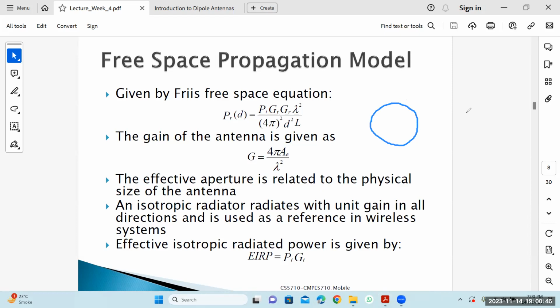So I have made this circle to show that if there is an antenna in the middle like this, in all directions it has equal gain, or you can say equal power. Let me repeat: gain is not a measure of the power. It does not indicate power. It's sort of a reference term, right? So gain for an isotropic antenna means in all of the directions the gain is equal. But in case of a directional antenna, it has a gain in a particular direction. So this is an example of an isotropic antenna.